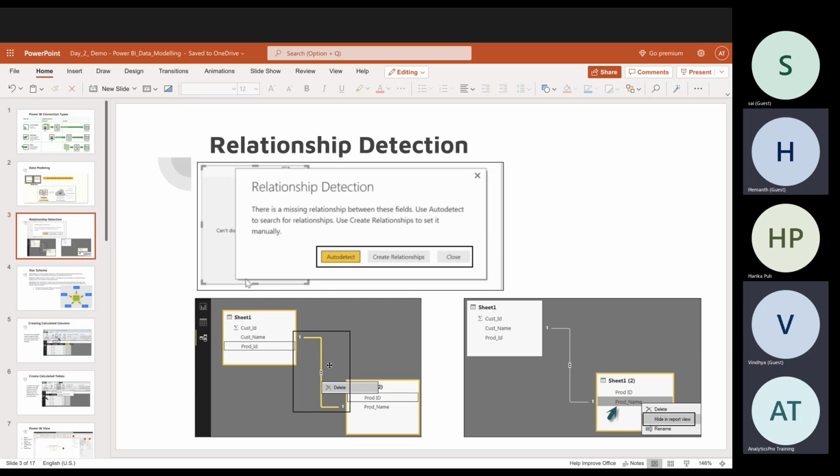Then you're looking at this double direction, right? You can also have a singular direction too. Since it's one to one, it's double direction, which means it's both directions. Data can flow from here to here, and here to here. When I say one direction, it will flow from here to here. If it's heading towards the top, it will flow from this direction. So that is what these relationship detections are: the flow, the cardinality, and the directions.